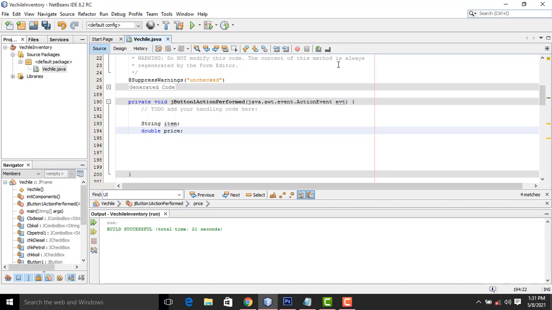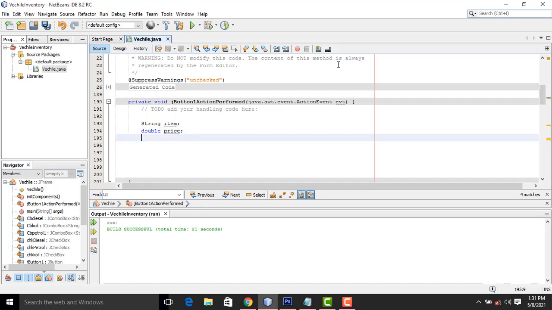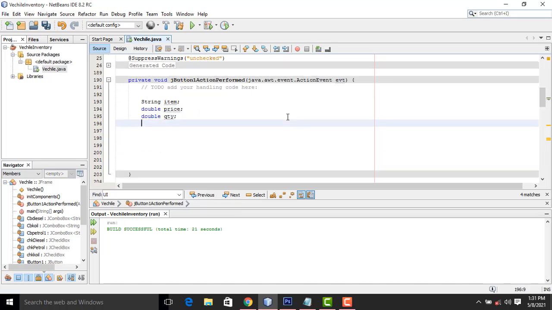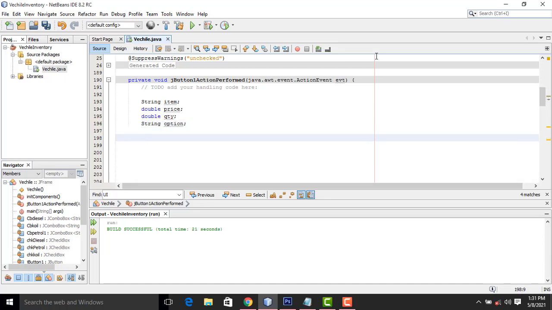After that, double quantity, what quantity you entered. The option we have to write as string option. You have declared the data types correctly. So here: item, price, quantity.